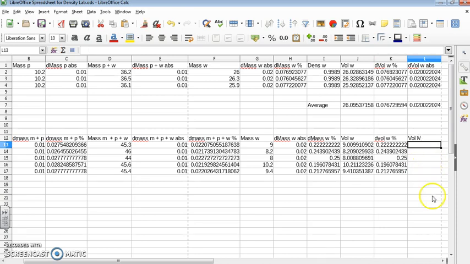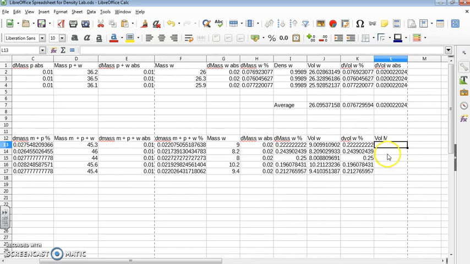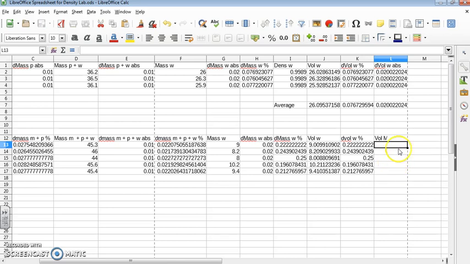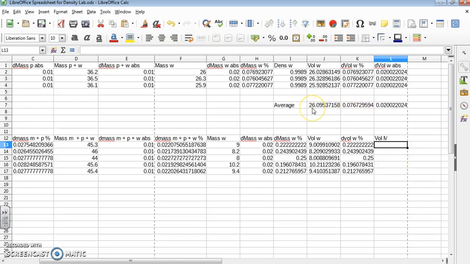And what's going on here, let me move it over a little bit so we can see a little better. For some reason it cuts off my M on the screen, but it's really volume of M for metal. And then what I need to do would be to look at this pycnometer. The whole pycnometer has a volume of about 26 milliliters in my case. The volume of the water was 9. So I just need to subtract, take the total volume minus the water volume, and the rest has to be